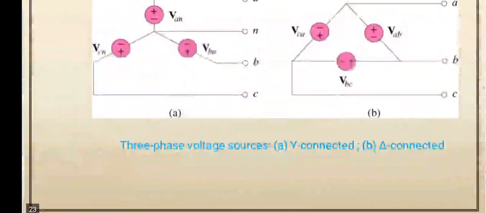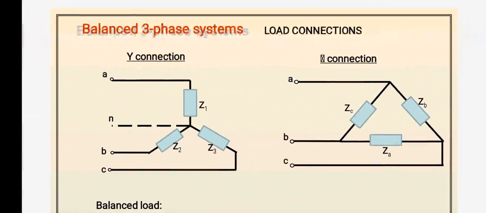In the previous slide we connected the source. In this slide we see how the loads are connected. The loads are represented as impedance, because in the previous slide we talked about the different components that are connected: resistors, inductors, or capacitors, or all three components. Generally we don't know what type of loads are connected in the corresponding system, so we take it as an impedance. Impedance is nothing but Z. That's why we represent the loads with an impedance value here.